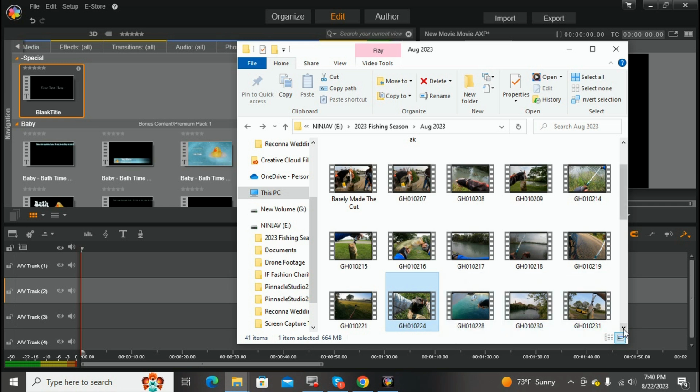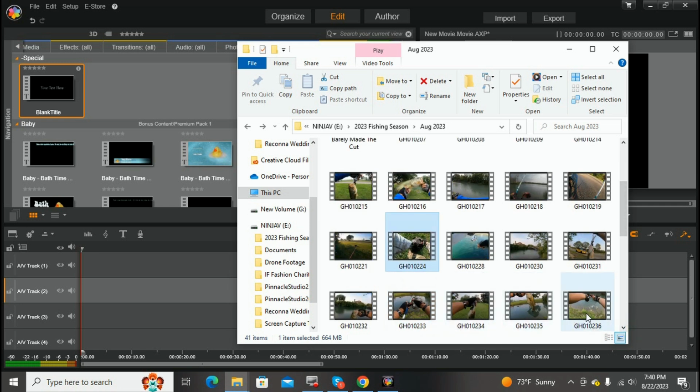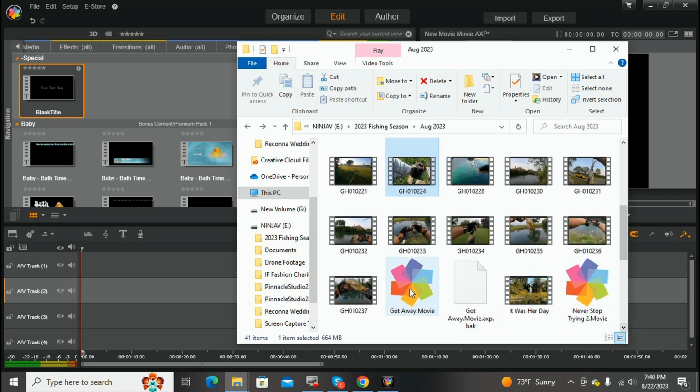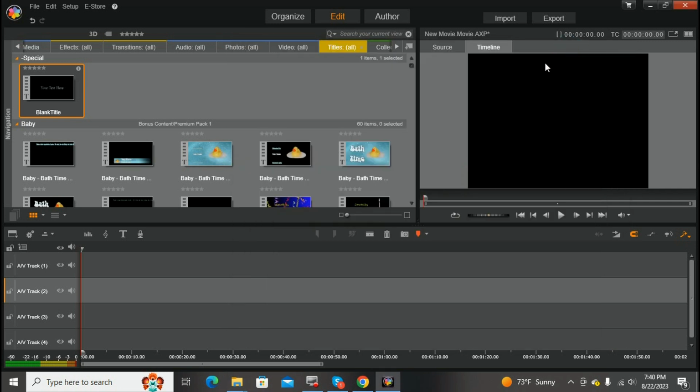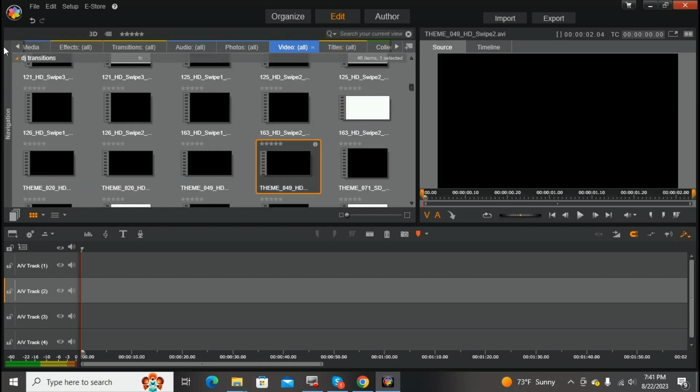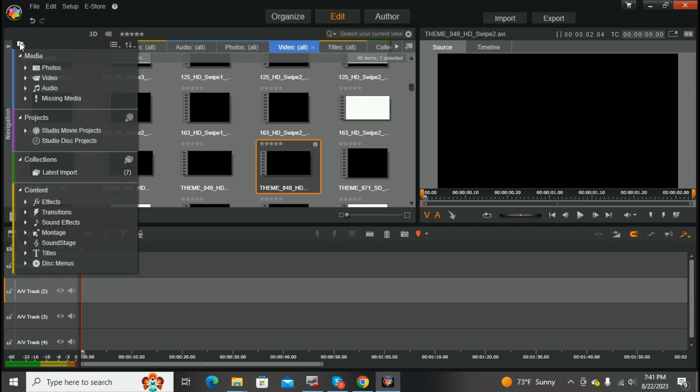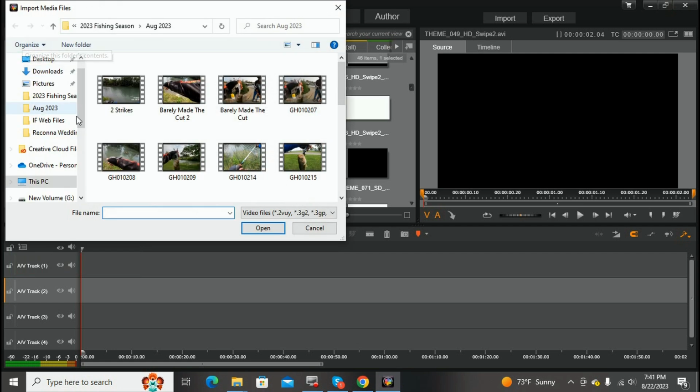224 through 237, I think it is. Yep, to 237. So they're already loaded into my computer, and what I need to do first is download them into the Pinnacle Studio. So I'm going to go into the video segment, and this is where I go in to download my files or upload them into Pinnacle Studio, and then just look for the folder that they're in, which is fishing season August 2023,